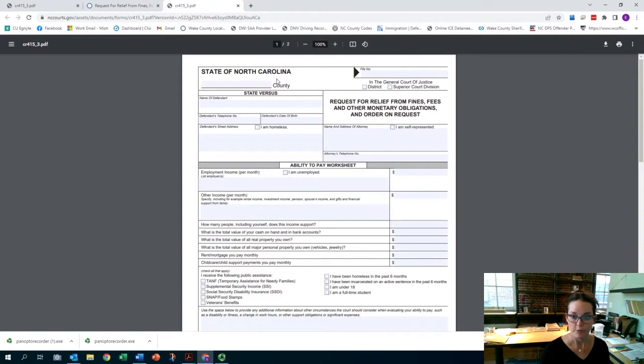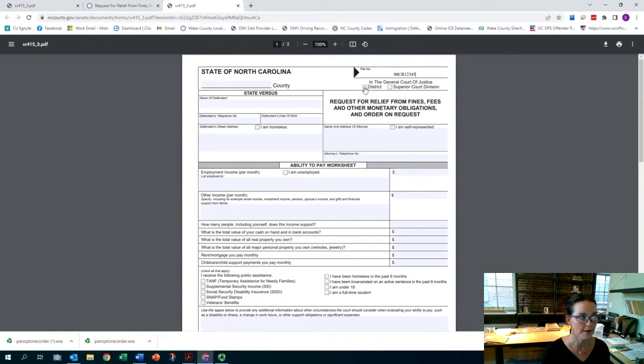The first thing you want to do is type in the case number for the case that you are requesting relief on. That's typically a 2-digit year, so 00, and then it's going to be either CR, CRS, or IF. For this example, I'm just using CR, and then I'm going to type 1, 2, 3, 4, 5. The important thing to know is that you need to complete and submit a form for each individual case number that you are requesting relief on. You cannot combine case numbers on a single form.